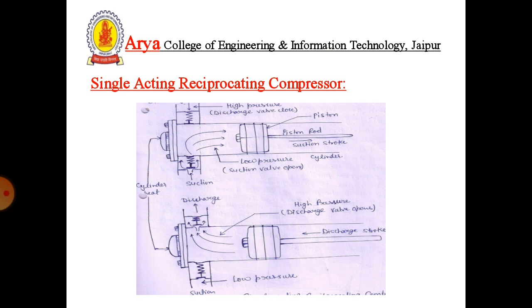With further movement of the crank, the piston moves from right hand side to left hand side in the cylinder. Inside the cylinder, the air is compressed and the suction valve becomes closed. At a particular pressure level, the discharge valve opens, and with further movement of the piston, the compressed air is delivered to the storage tank through the discharge valve, as shown in the below diagram.